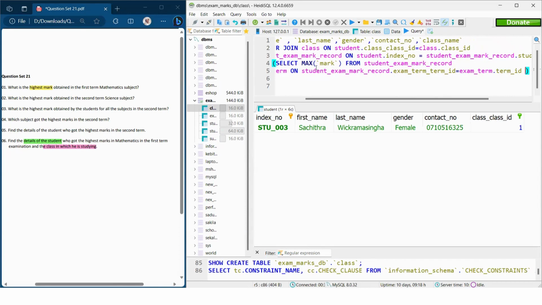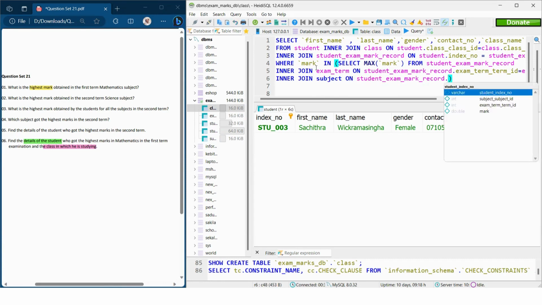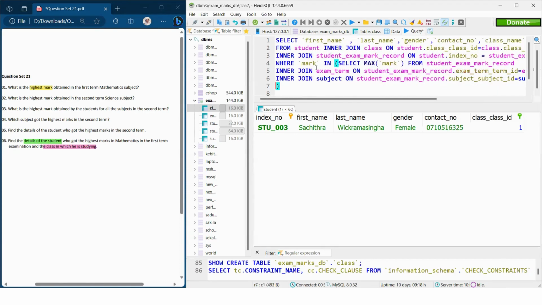And then again I have to inner join the student exam mark record table with the subject table. The student exam mark record dot subject ID is equal to the subject dot subject ID. Now I have to say the where clause, where the exam term ID, the term name is equal to first term,